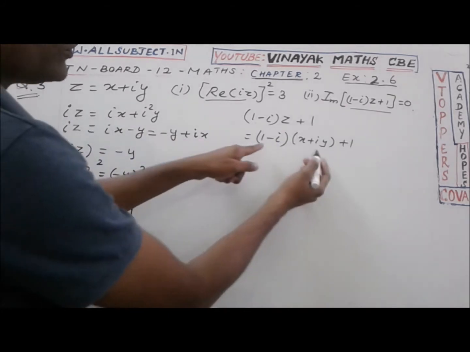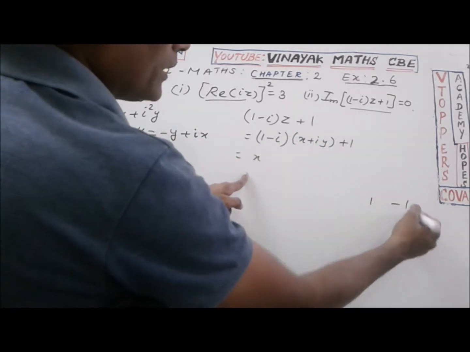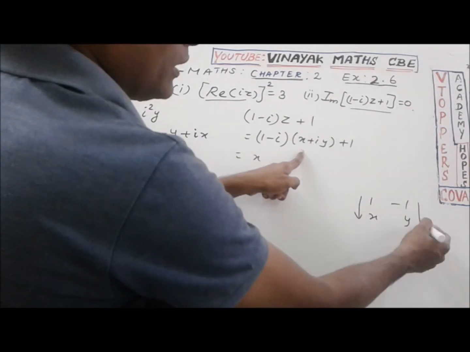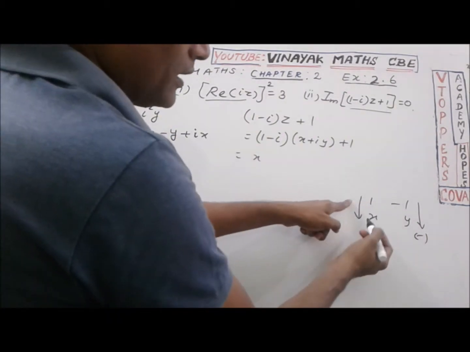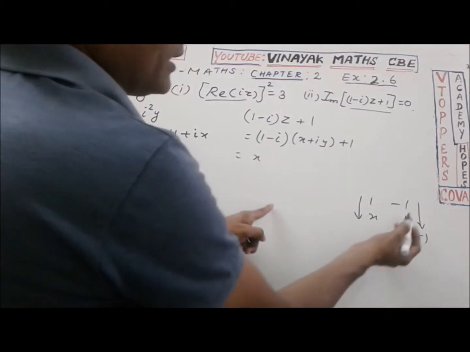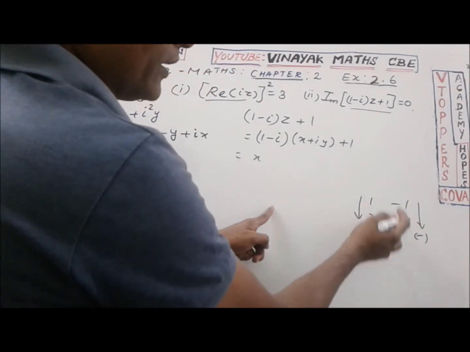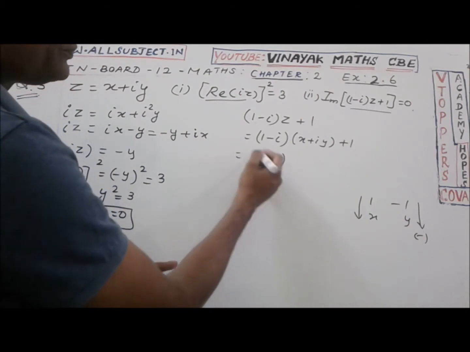Multiply these two complex numbers: real to real, x, that is 1 minus 1. Here we have x, y. Multiplying these two and multiplying the second unchanging sign. Multiplying 1 into x gives x, and minus 1 into y gives minus y, changing its sign, plus y. Processing these two ways, we get a real part, x plus y.